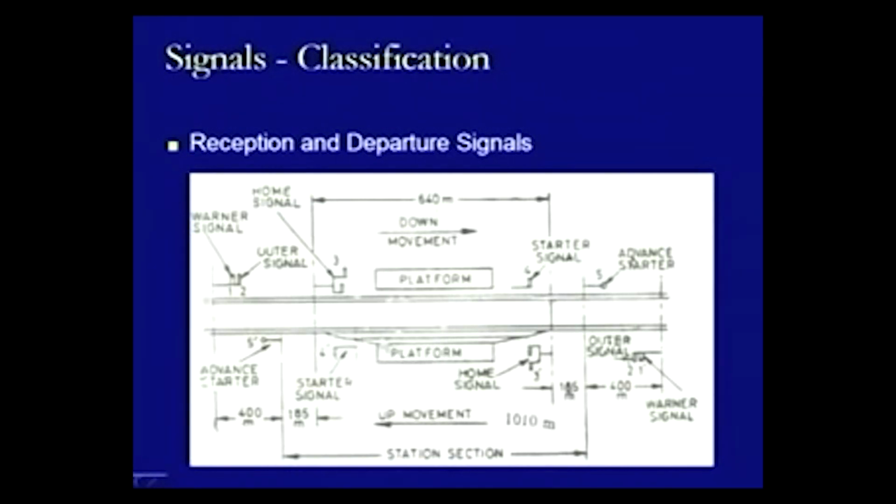So, this is a loop line track. There is an up movement in this direction and a down movement in this direction, as being shown. Now, when a train is coming from this direction, that is from the left hand side as we are looking at this diagram,